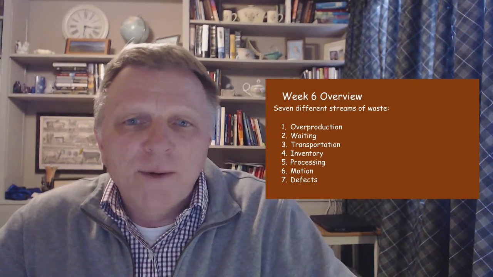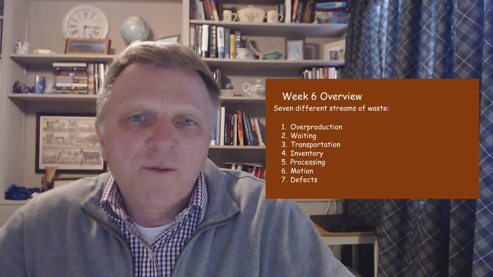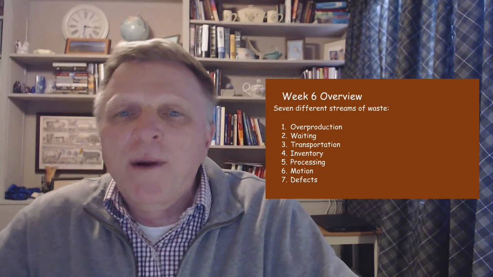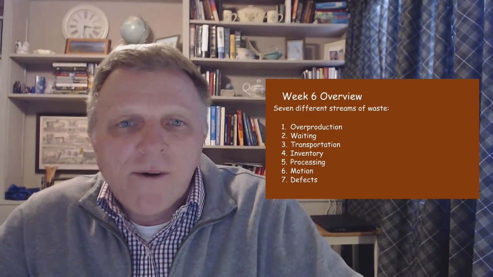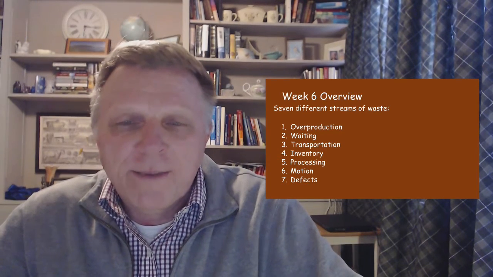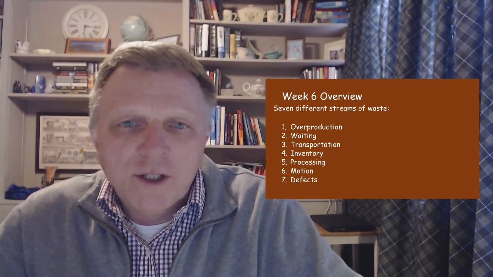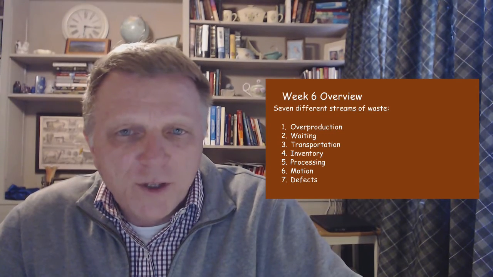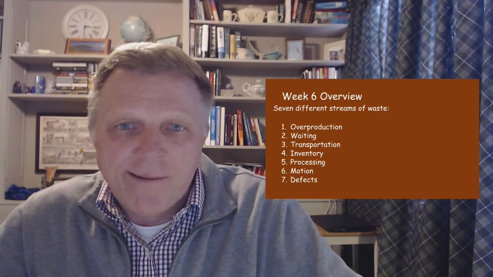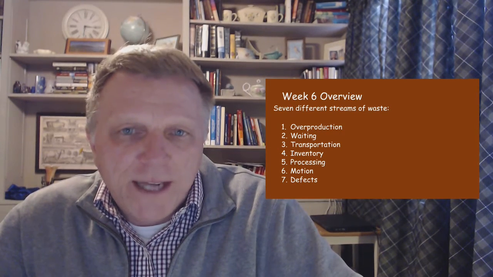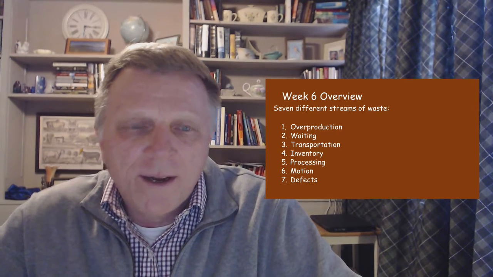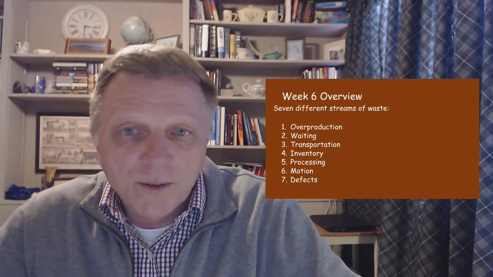In lean manufacturing, there are 7 different streams of waste, and other people have identified a few more on top of this, but these are the primary 7 that receive focus. And check out the link I provide in the required tab for this week for a discussion about this. So one of them is called overproduction, which results from making too much inventory too early. The waste of waiting happens when people are staying around doing nothing. Transportation occurs when material has to be moved between workstations or between stations where you work or even cubicles.